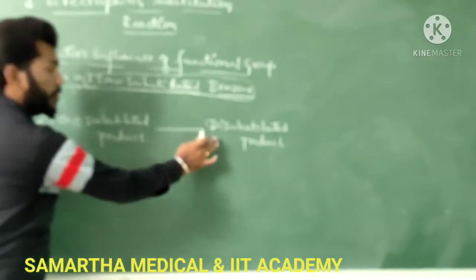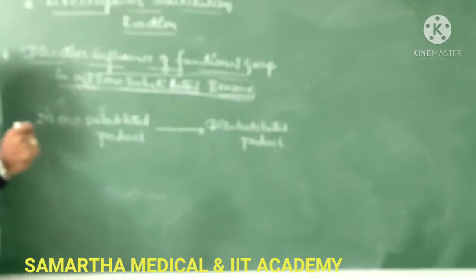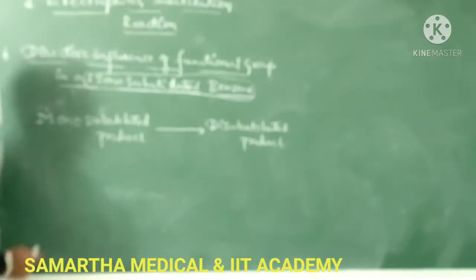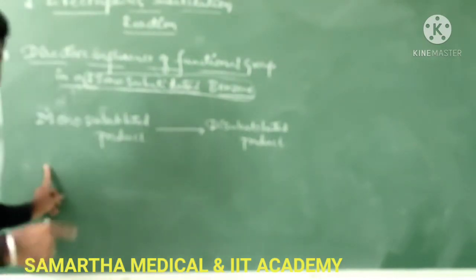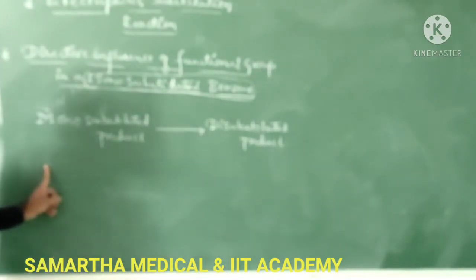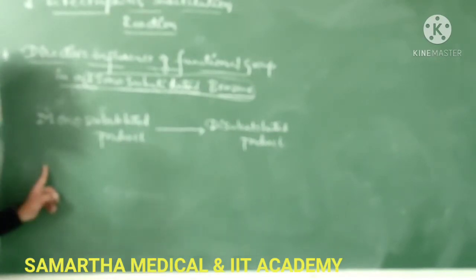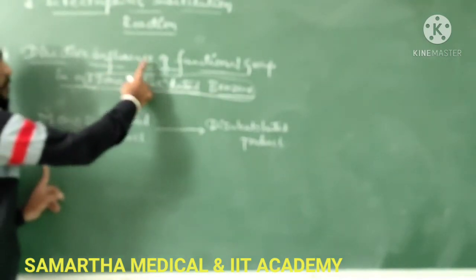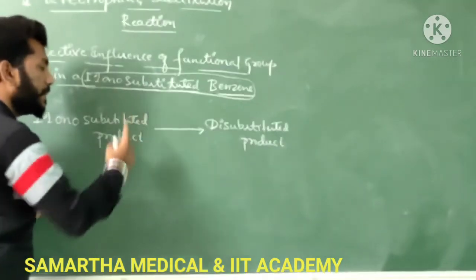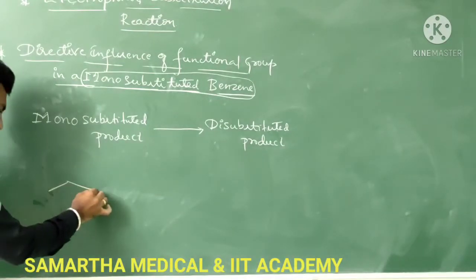But the disubstituted product depends on the existing group which is present on the ring. That particular group directs the incoming group to a particular position. So the directive influence of a functional group in a monosubstituted benzene means, suppose you consider